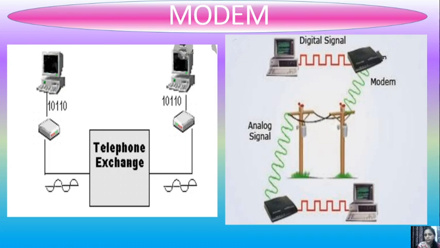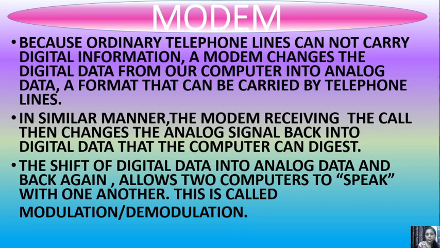Now there are some points related to the modem. First point: ordinary telephone lines cannot carry digital information. A modem changes the digital data from our computer into analog data, as we have seen in the previous image. Our sender PC's modem will change the digital data into analog data, a format that can be carried